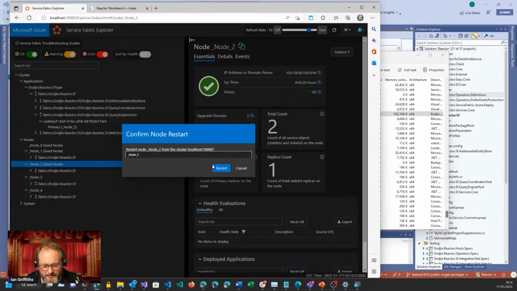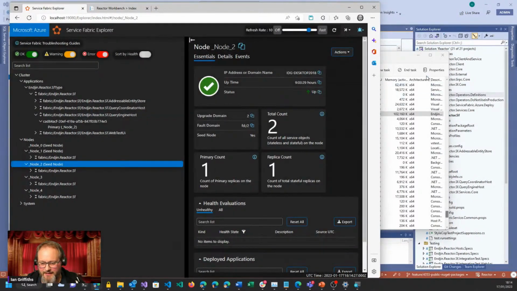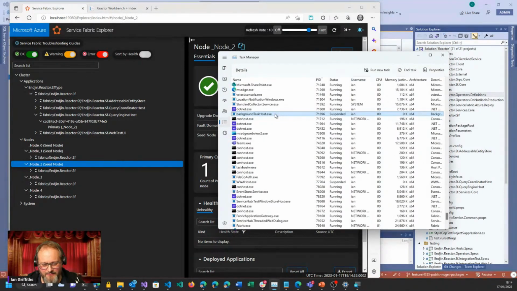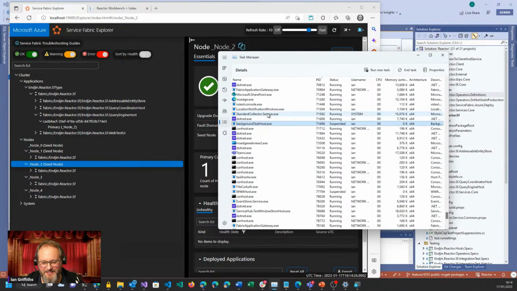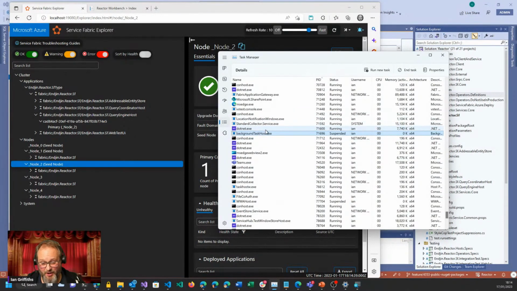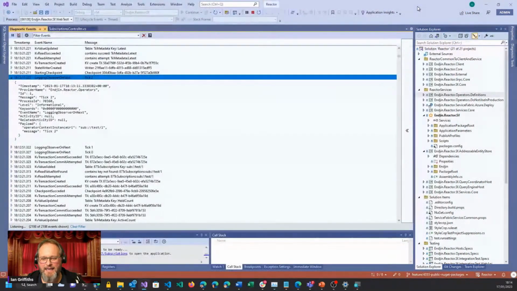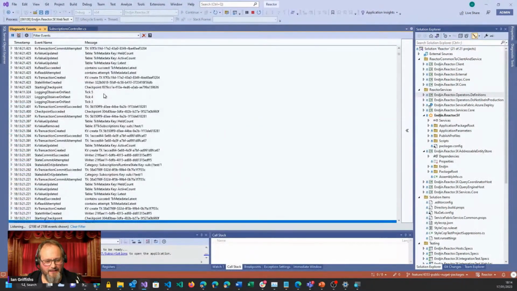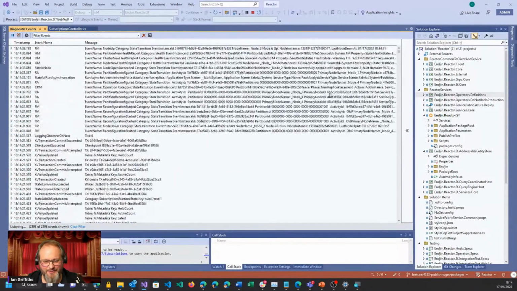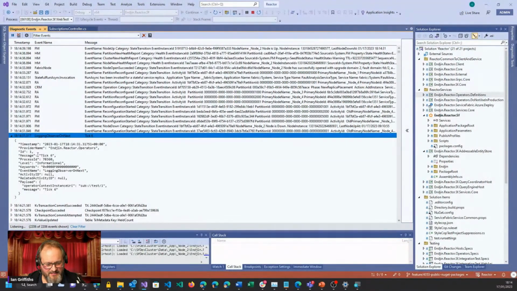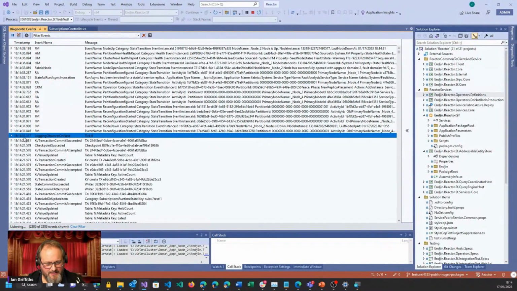So if I restart that node and then go and look here, I should see fairly soon. There we go, it's gone. I don't know if you can read that, but it's gone. The process that was hosting that tick, 70360, whatever it was, has gone away. But if I come back into here, there's a certain amount of activity that has gone on, because I rebooted everything. Let's see if that tick was before or after I knocked it out. We're still in 70360 at that point. Okay, so that was before I managed to kill the thing off.